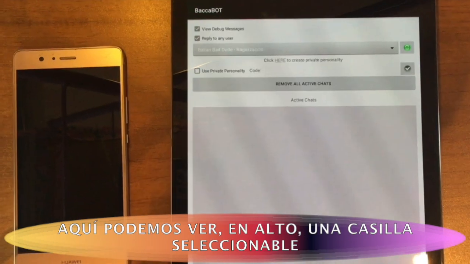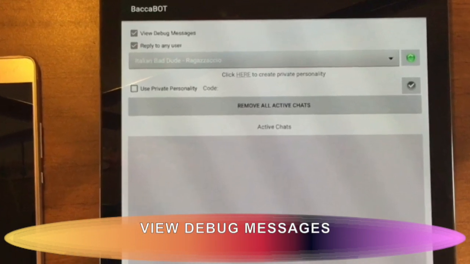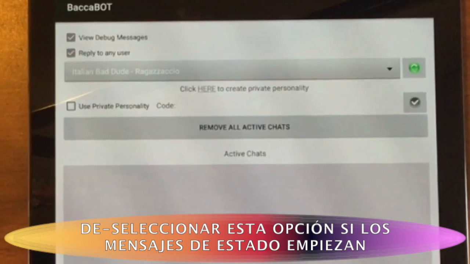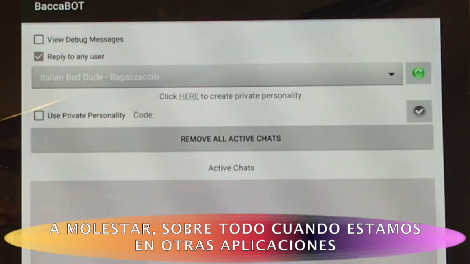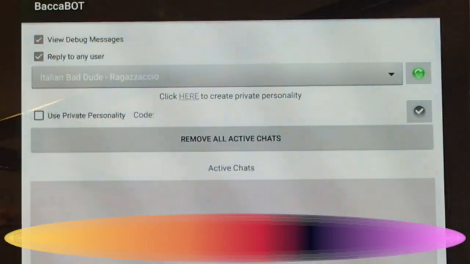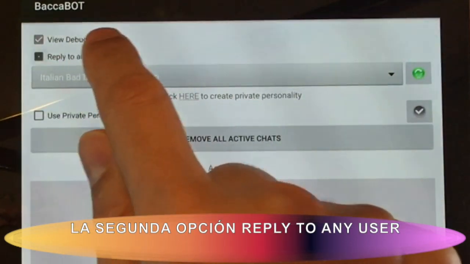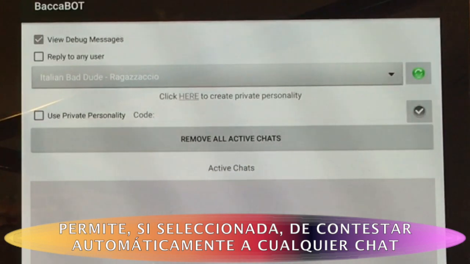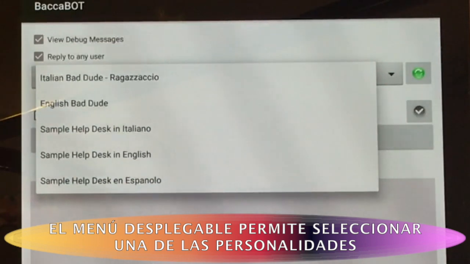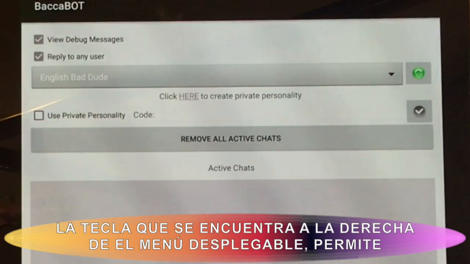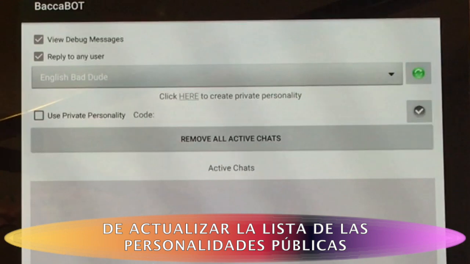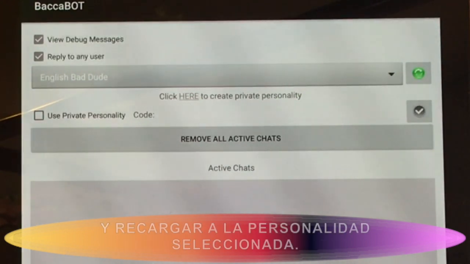Here we will see on the top part a checkbox View debug messages. Unselect this option if status messages become annoying, especially if you switch to other applications. The second option, Reply to any user, allows, if selected, to automatically reply to any chat. The drop-down box will allow to select one of the public personalities of the bot. The button to the right of the drop-down box allows to update the list of the public personalities and to